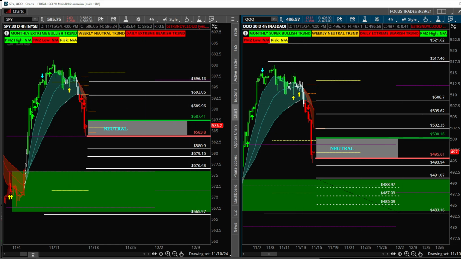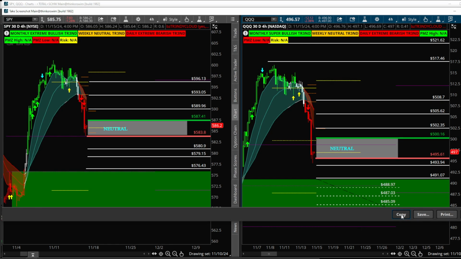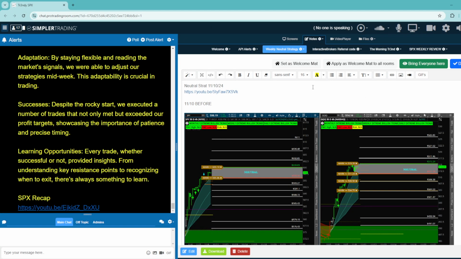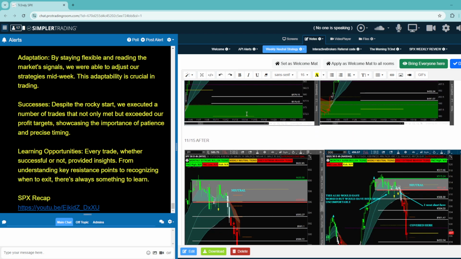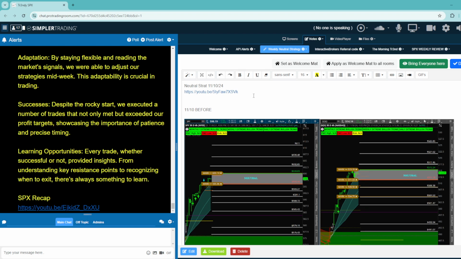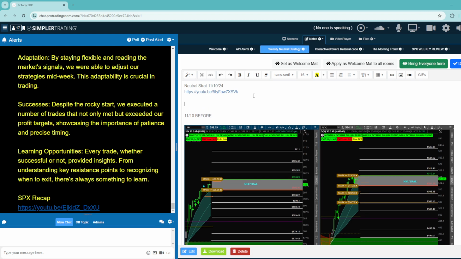So I'm going to take this and I'm going to place it inside the room here, guys. So if we bring down this right here, this is where it was last week, right here at weekly neutral. Okay. And I'm going to copy this and say neutral. Whoops, what did I do? Neutral strat